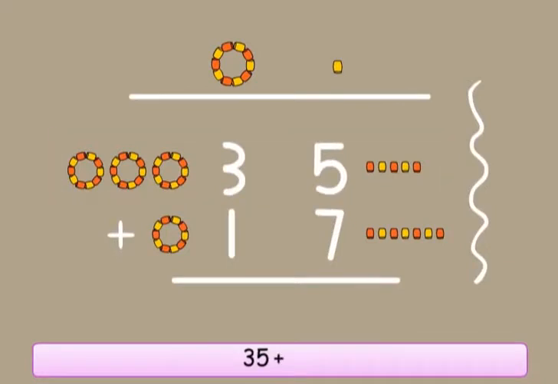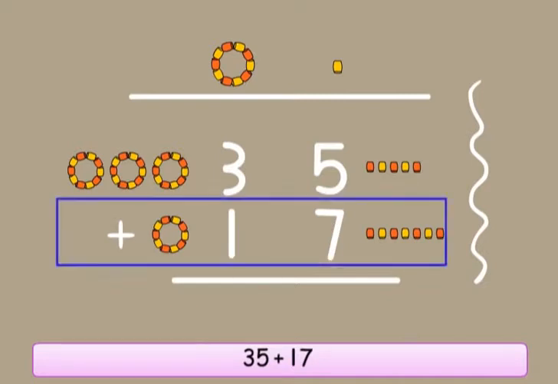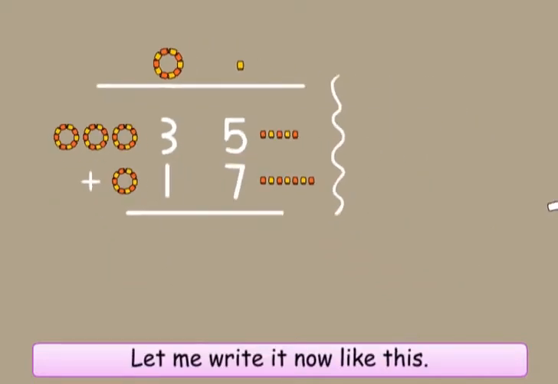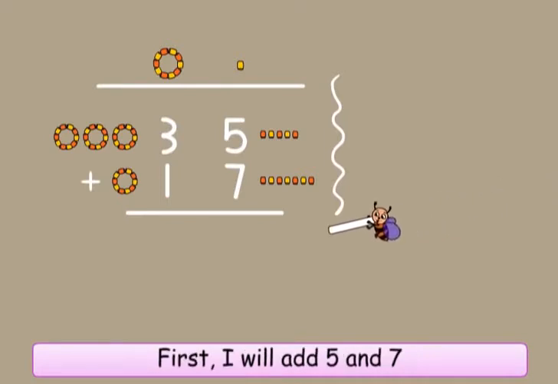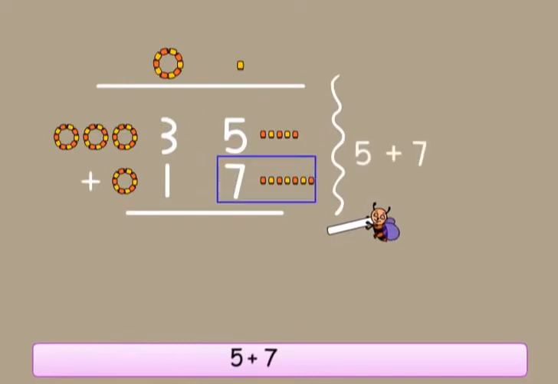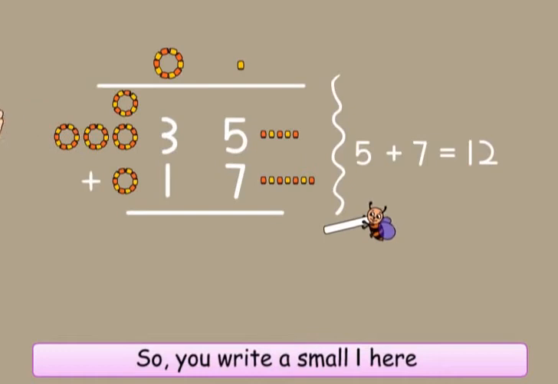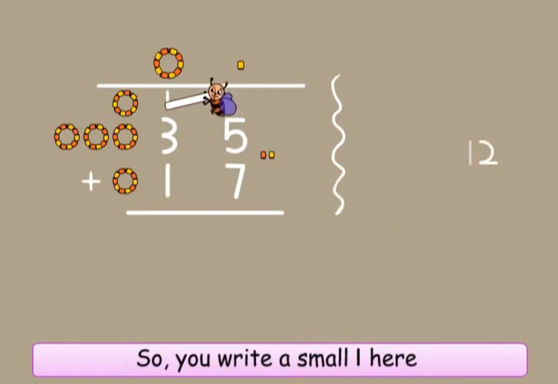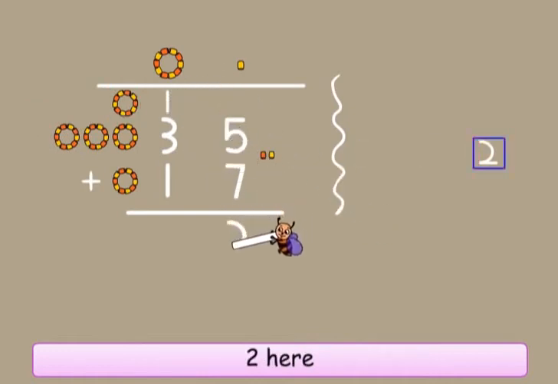35 plus 17. Let me write it now like this. First, I will add 5 and 7. 5 plus 7 equals to 12. So you write a small 1 here, 2 here.